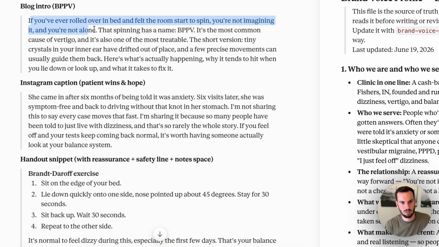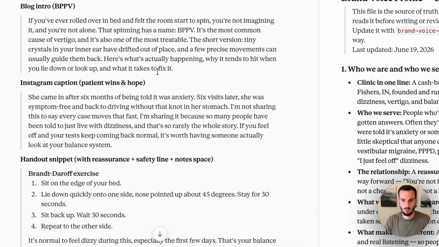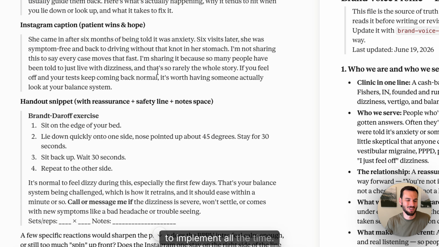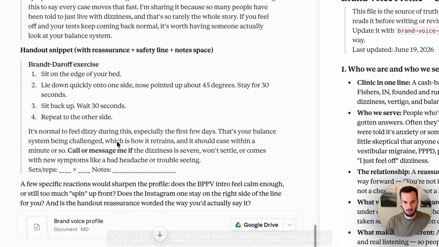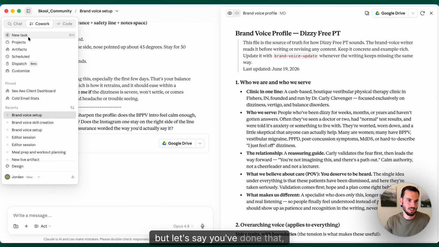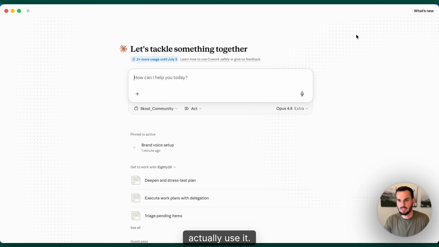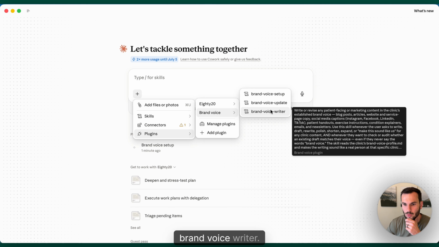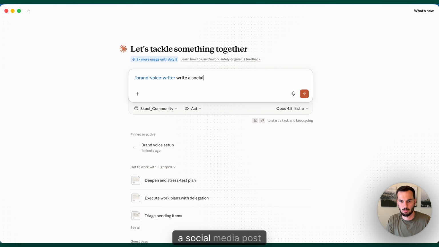If we look at this, one thing you won't notice are any M dashes or any emojis, which I feel like are 2 things that AI will tend to implement all the time. So again, you can go back and forth until these 3 look perfect. But let's say you've done that, everything looks good, and it's time to actually use it. That's when you would use the brand voice writer. So you would just type in that, and then you can say something like,